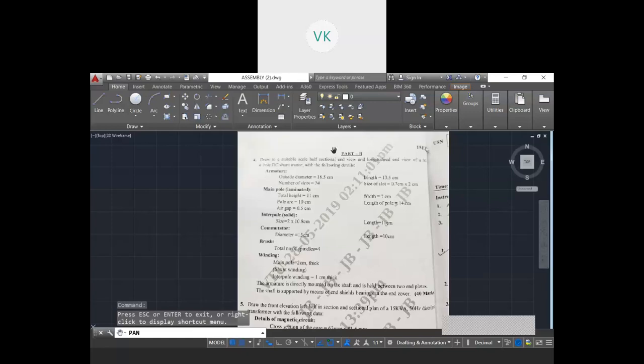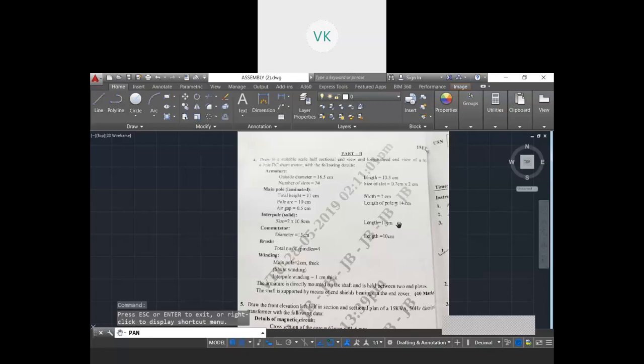To brief it: the outer diameter of the armature is given as 18.5 centimeter. Length is given; this length will be used for the side view. The number of slots in the armature is 24, and the size of the slots is 0.7 centimeter into 2 centimeter.